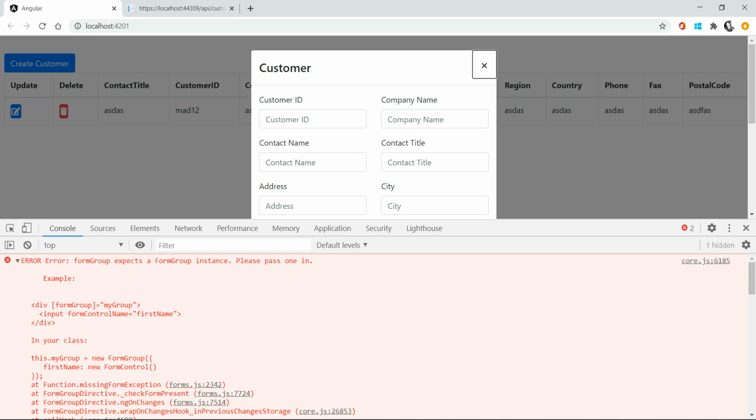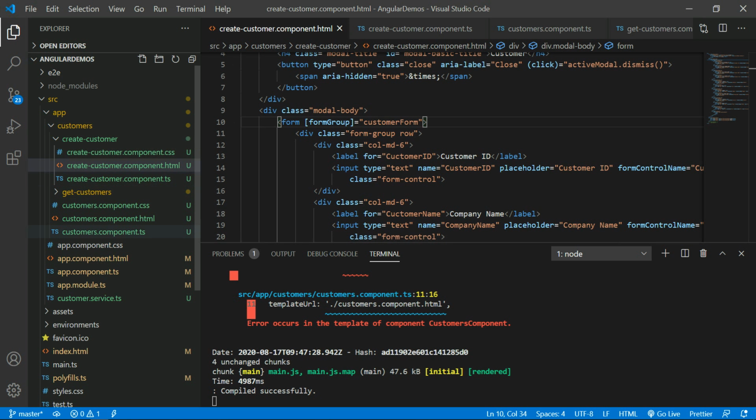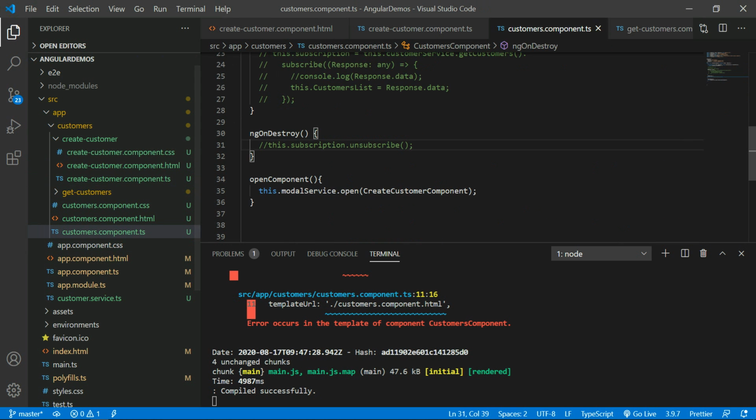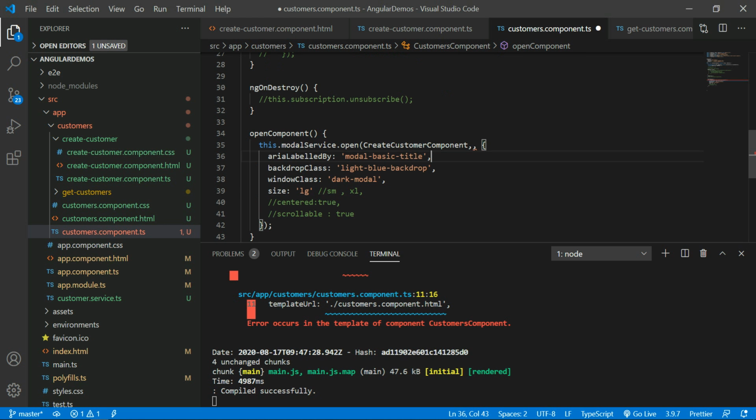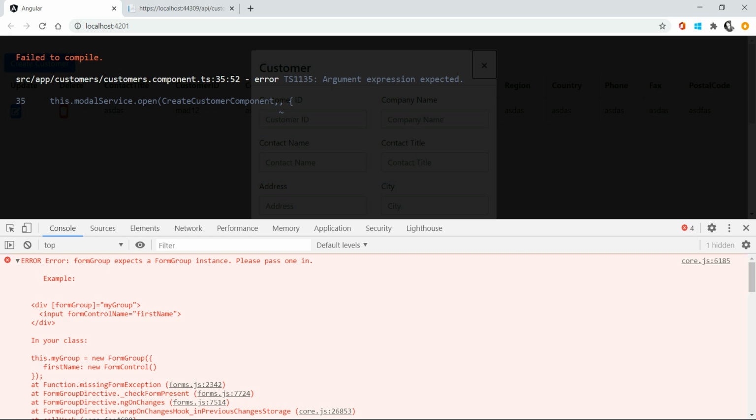I just wanted to add some more styles to this modal pop-up. So come to the customer.component.ts file, and here I need to add a few styles for better UI. These are some styles for the modal pop-up. Let me see that output again. I got an exception.